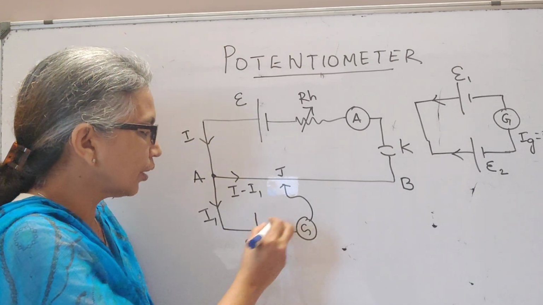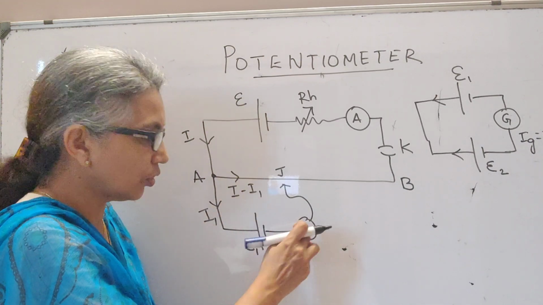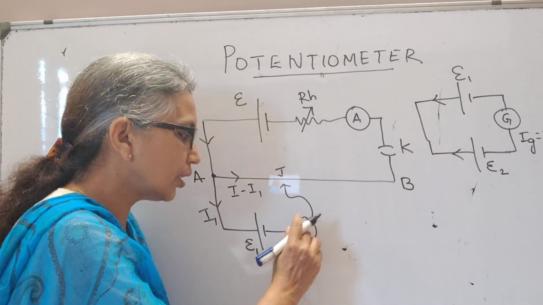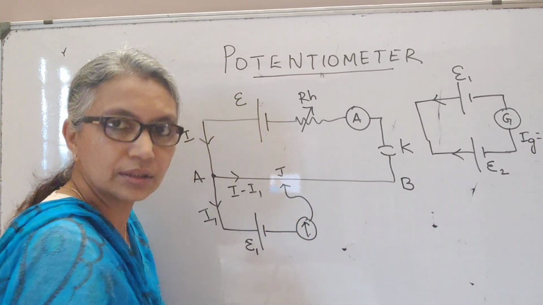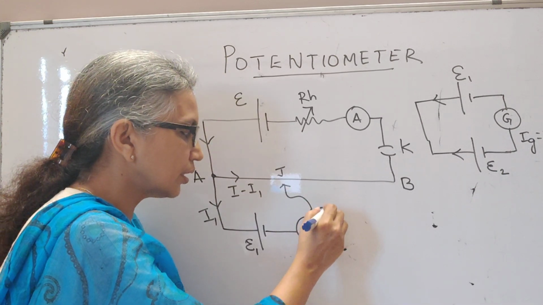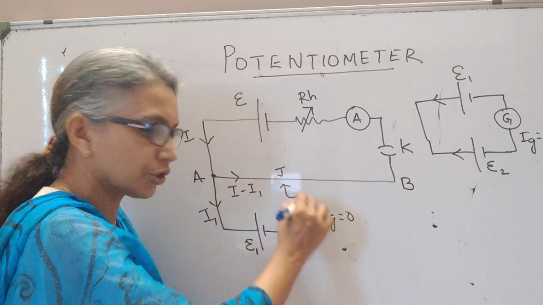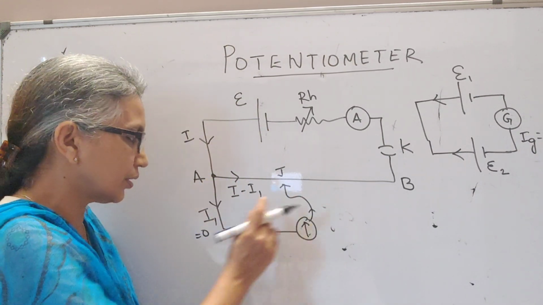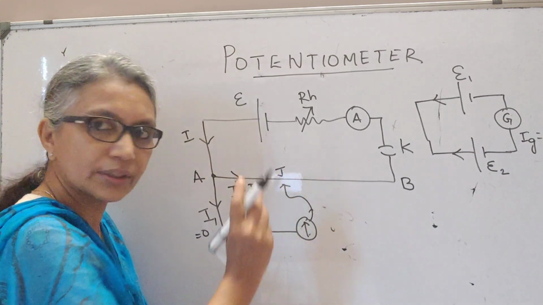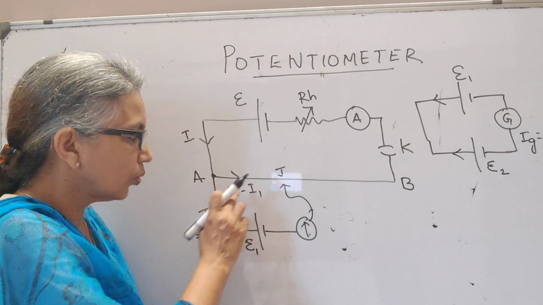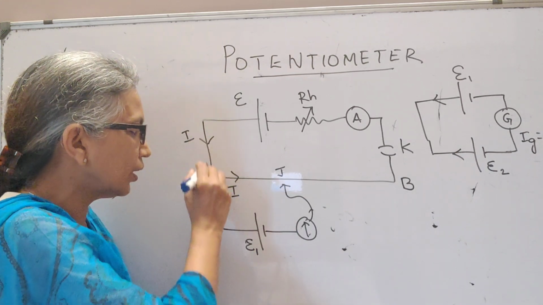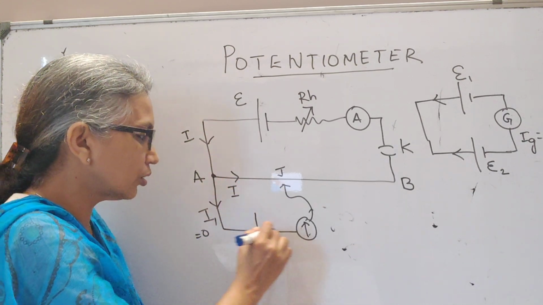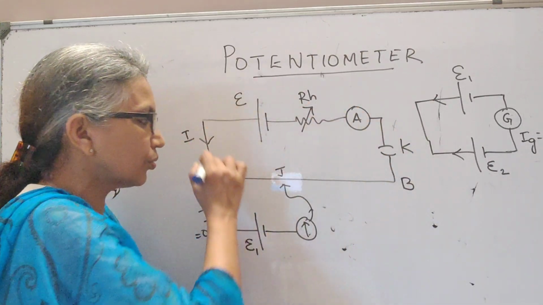Now suppose we have a case where your galvanometer is showing 0 current, no deflection, null deflection, your needle is at the center. Then that means the current Ig is 0, no current through this branch at all. So this I1 has reduced to 0. Because this branch is now not carrying any current, at that point the full current I must go through this wire.